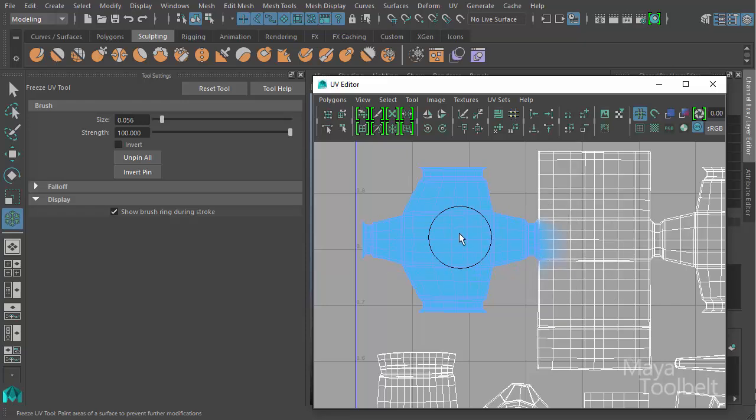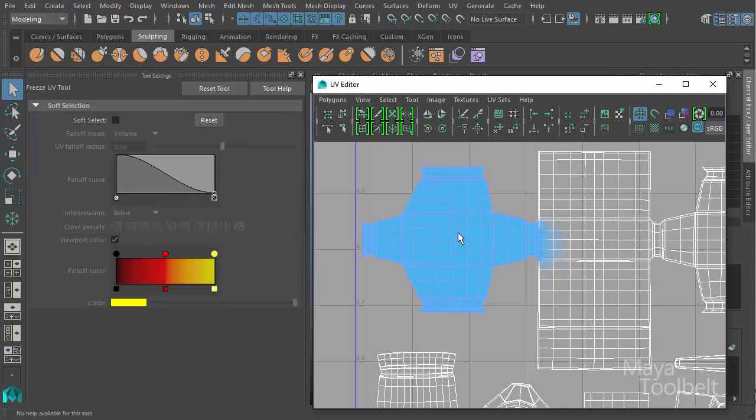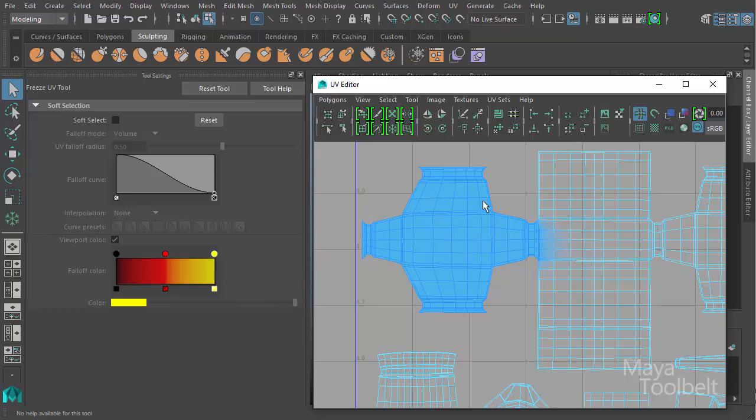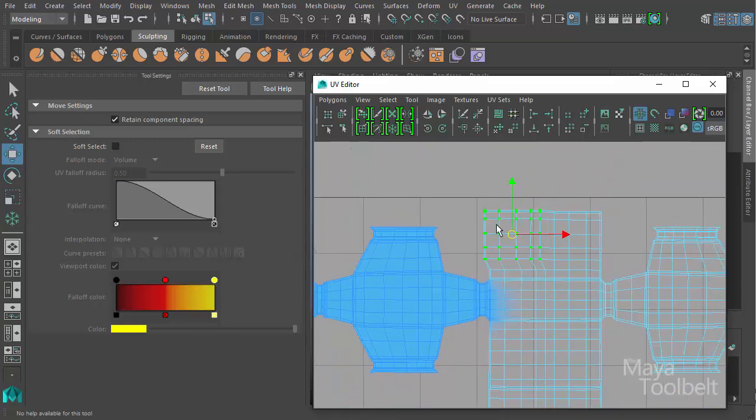Now what blue color does: if I choose the select tool, or the Q key, right click and choose UVs as my selection component type, and let's say I grab these UVs over here that are not colored blue and I move them, you can see they move like normal. If I choose a selection of UVs that includes the ones that are painted blue, and then I left click and drag to move them, you can see that only the ones outside of the blue region will move. All the UVs that have been painted blue are pinned or frozen. They will not be modified